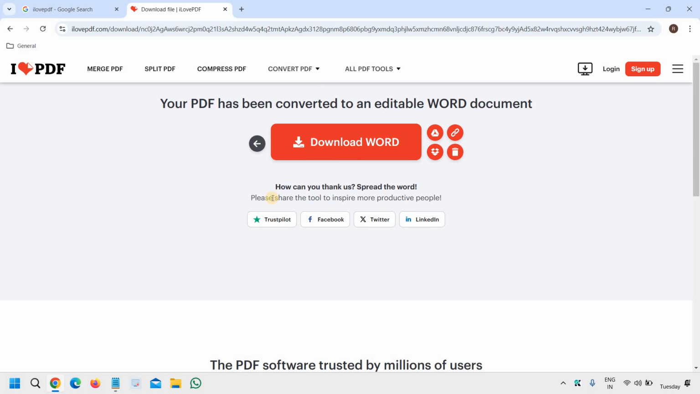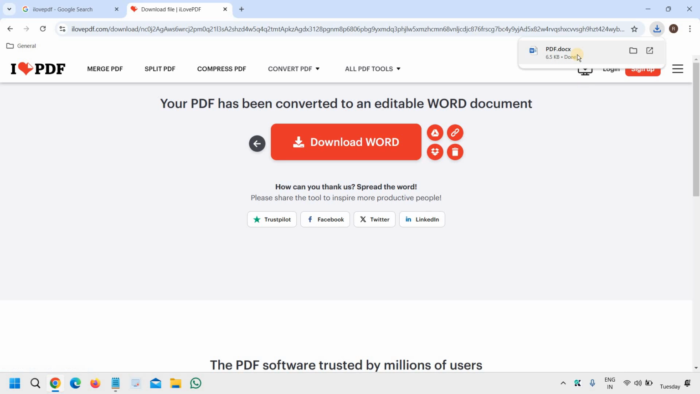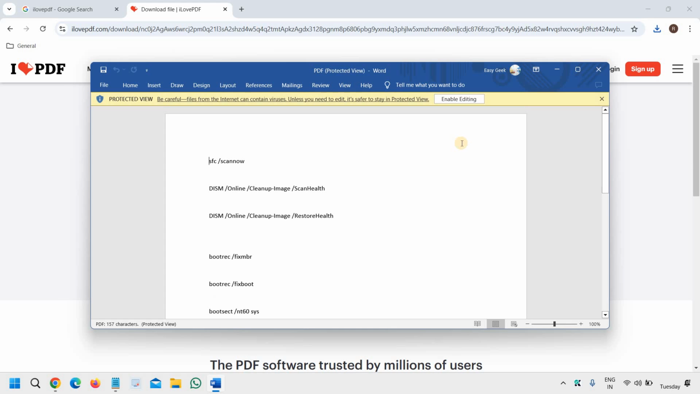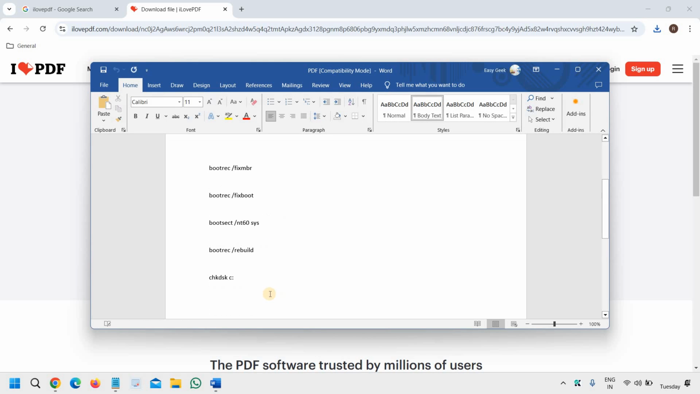Now it's converting and it has already converted. Now download the Word file. So I can see it is downloaded and I will open it. And now I can add things, I can change things, whatever I feel like. I'll click on enable editing. I will add a few things. Also